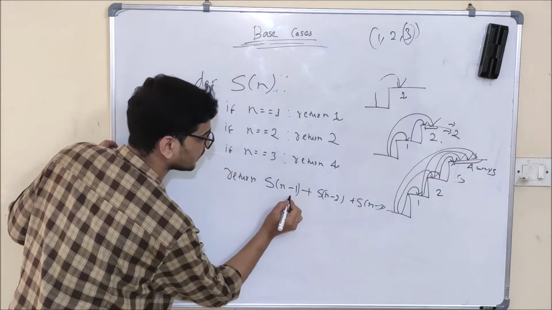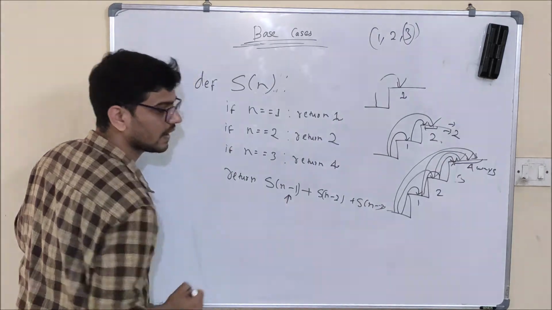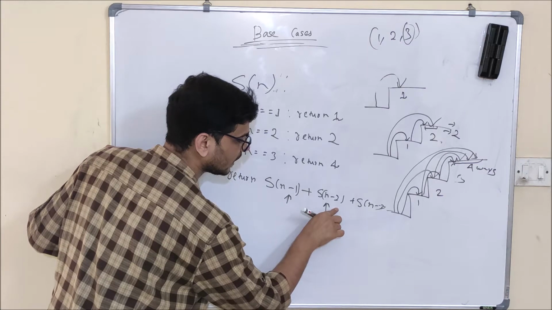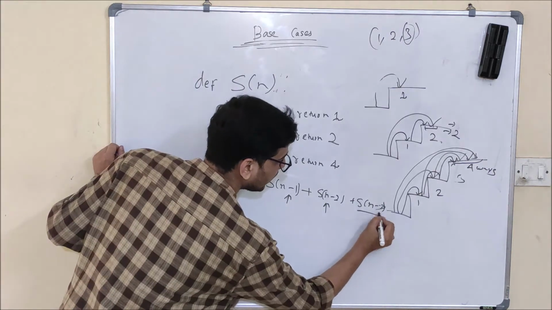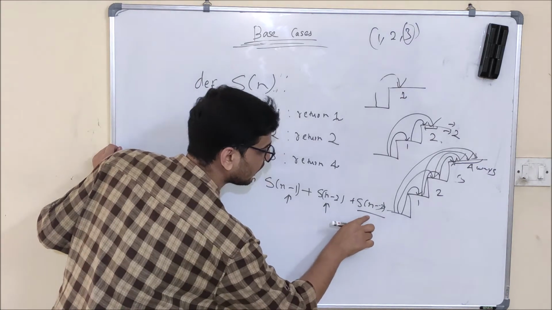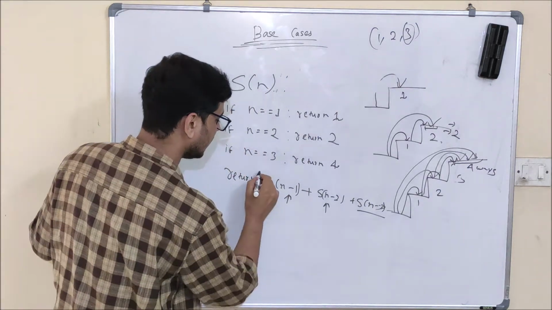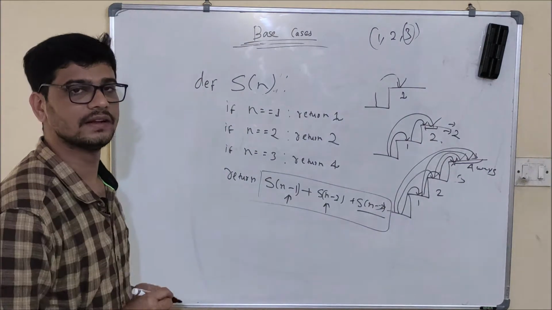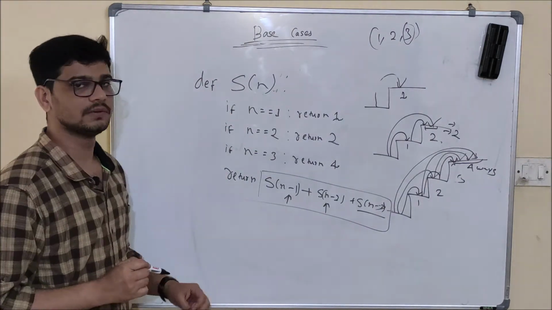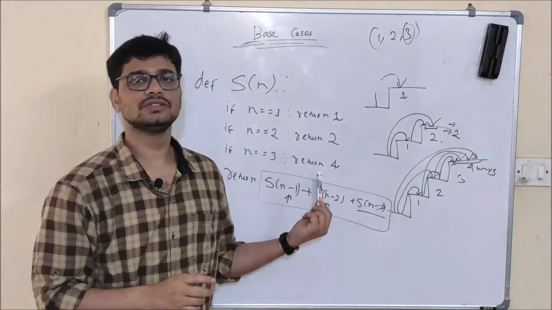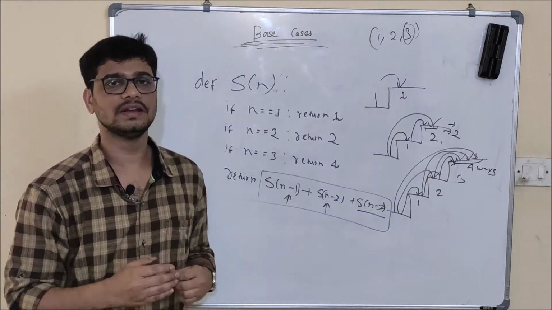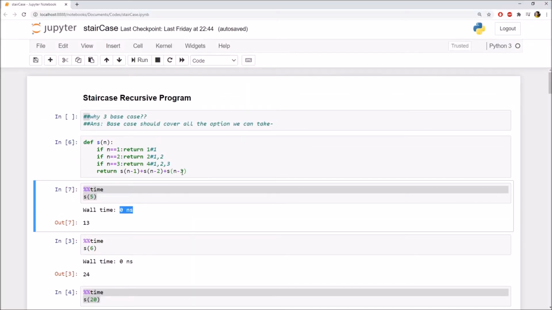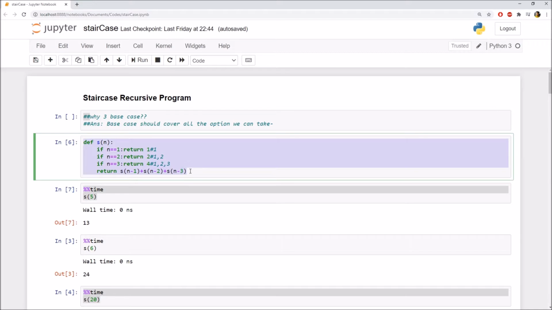That is, I will take a 1 step jump and find out the answer for the remaining. I will take a 2 step jump and find out the answer for the remaining. I am taking a 3 step jump here and will find out the answer for the remaining. And at last, I am going to sum it up to come up with the final answer, friends. So this is our Python program, and now I will execute this code and find out how it runs and how much time it will take for a particular value of n. As you can see, this is our recursive code.